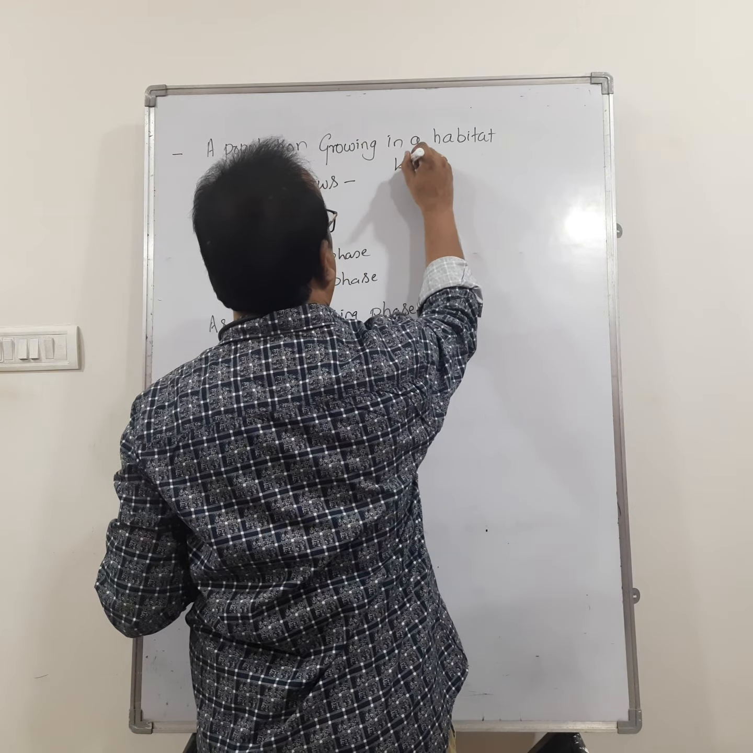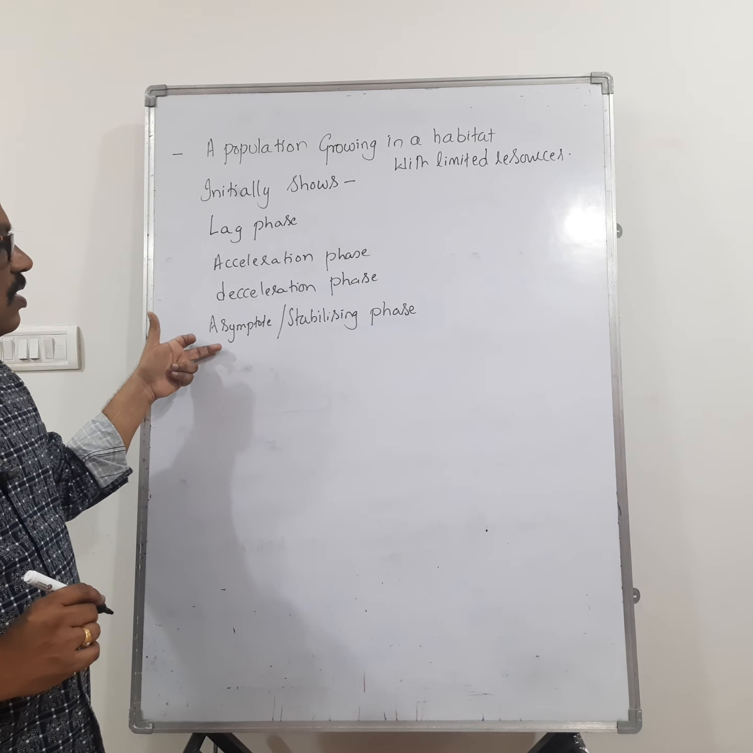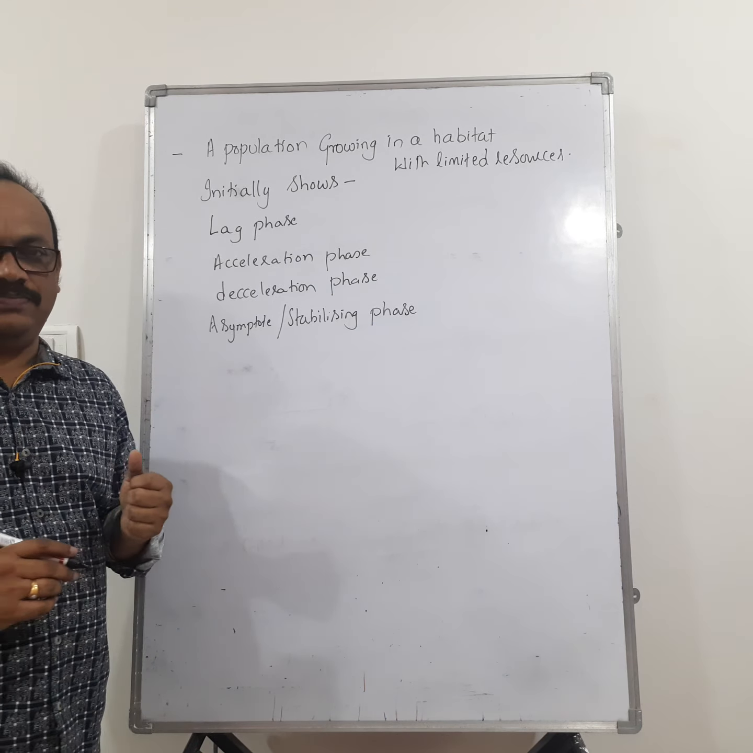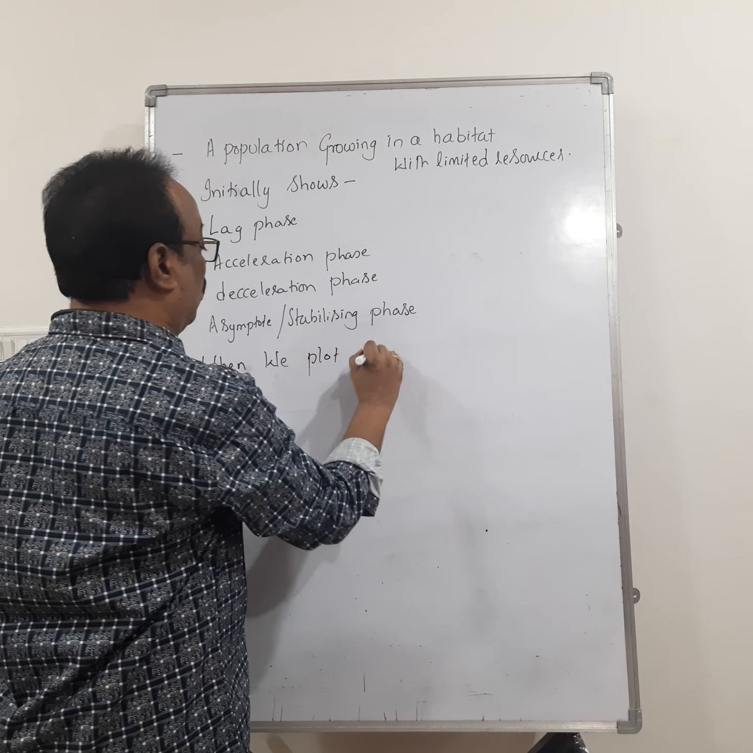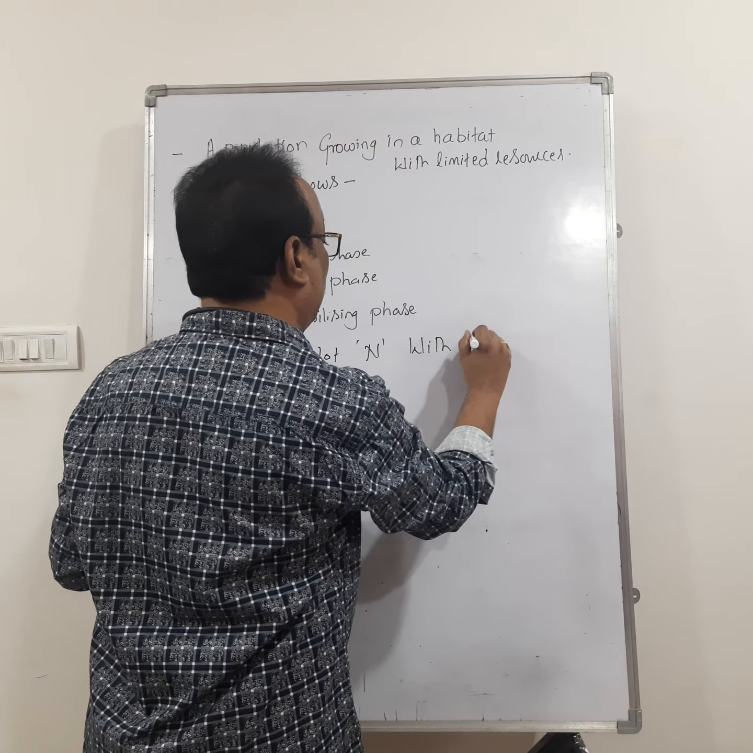It's a very important word. A population growing in a habitat with limited resources initially shows lag phase, acceleration phase, deceleration phase, and asymptote phase. Then when we plot population size with the time t,